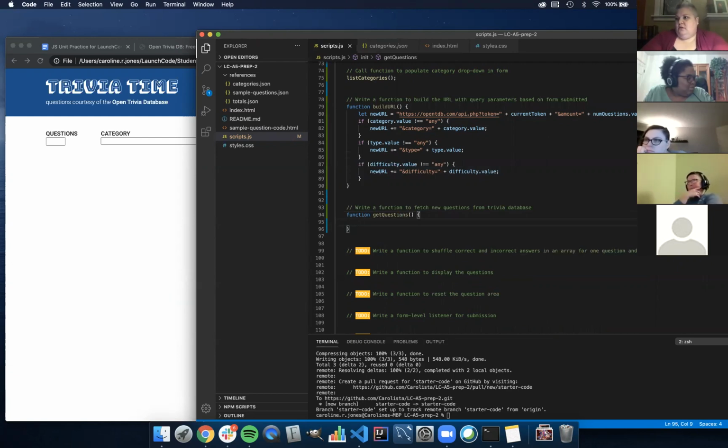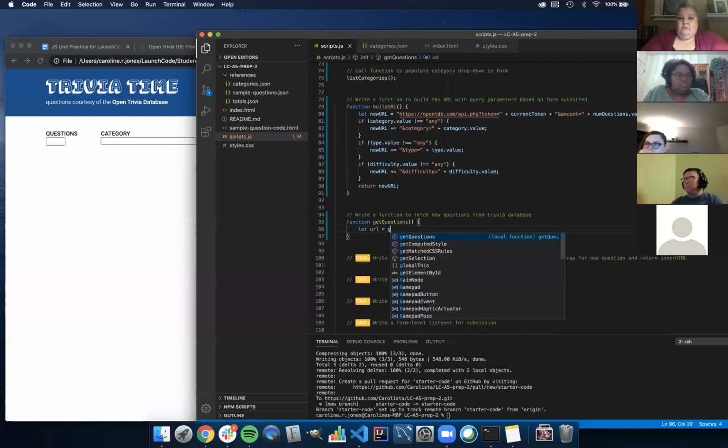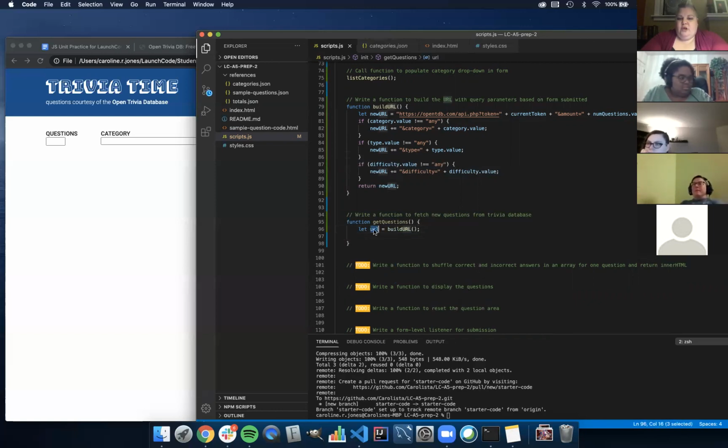Oh, hey, I forgot something. Some of these functions don't require return statements because they're just doing something. This one, in fact, does require a return because we have to spit back out whatever the final result was of that new URL string because we're going to need it here to go get the questions. All right, so we're going to go get it from that function,